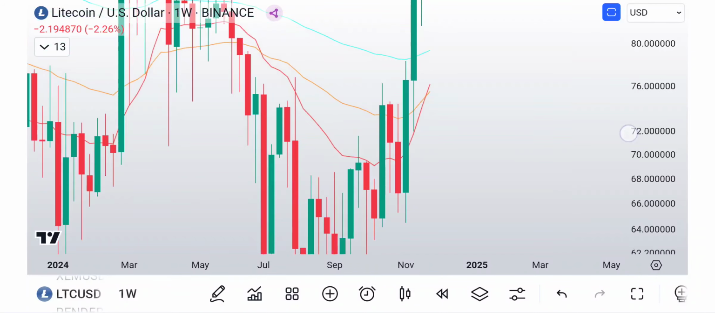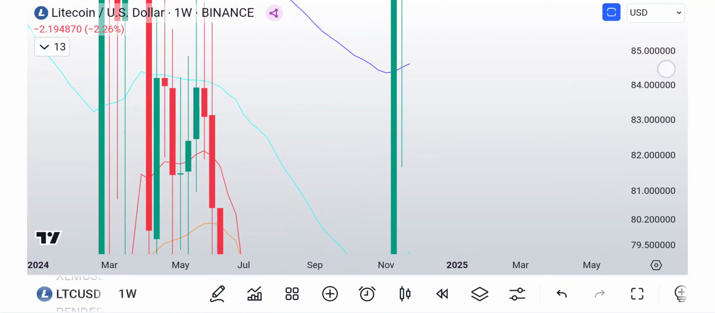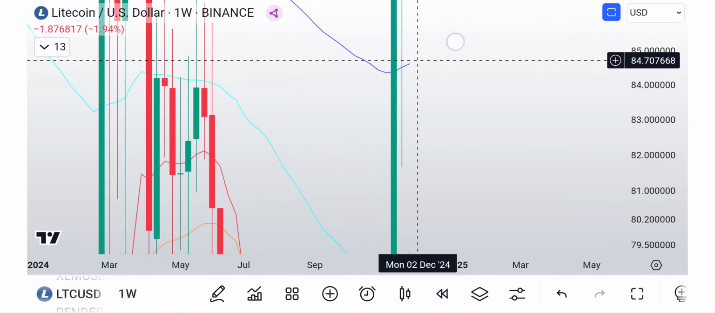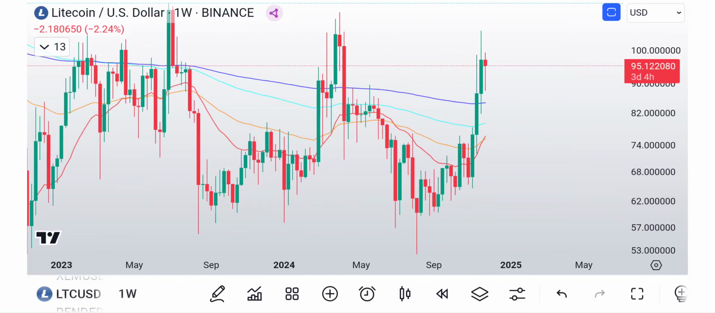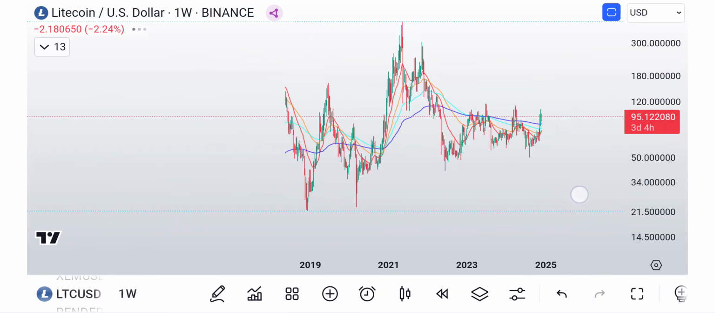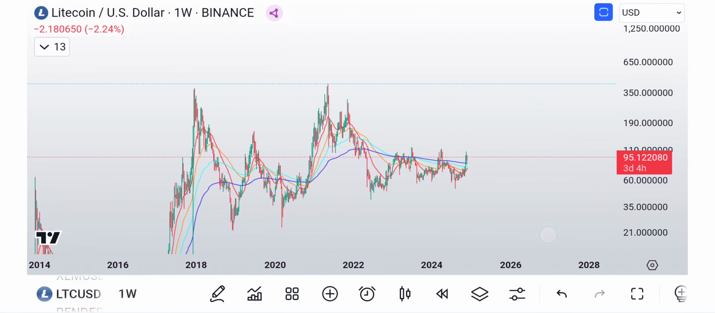Let's see, are they all angled up? They are all angled up, right? But they don't really have any legs to it. But it's getting there. So the cool thing about Litecoin,